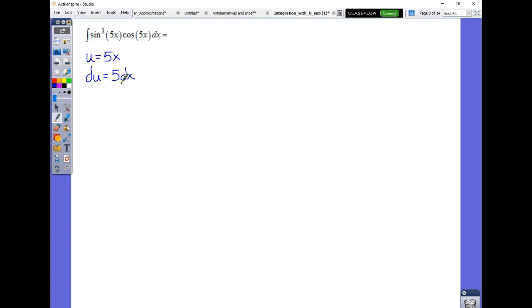So if that were the case, what would we get? We'd have 1/5 the integral of the sine cubed of u cosine of u du. Well, I've got rid of the x's. That's cool. Ladies and gentlemen, what's the antiderivative of sine cubed of u times cosine of u? Can't do that. I don't have anything that says that. So, if we can't, what if we do this? Could I possibly do